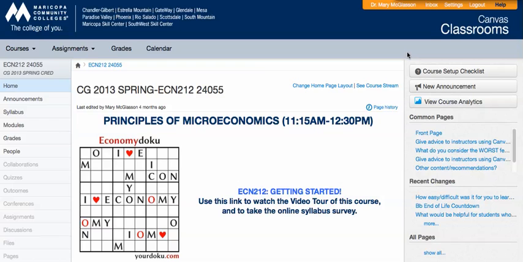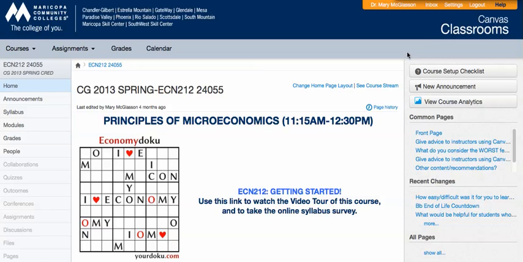You are probably at that stage of the game where you're just starting to get into Canvas, not quite ready with all the terminology and what's the difference between pages, files, all this other stuff. You may have watched the video where I went over a little terminology, but the focus of this demo is just to show you some places where I have used pages, and maybe it'll give you ideas of how you can use pages. You certainly don't have to do exactly what I'm doing, but maybe seeing some of the elements that you can include in the pages would give you ideas about where it could be useful for you in